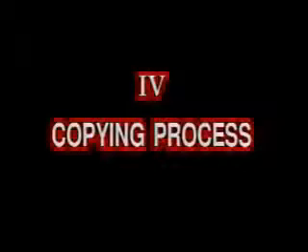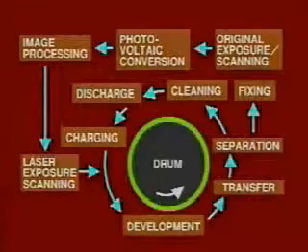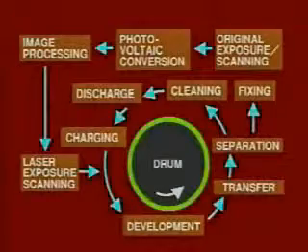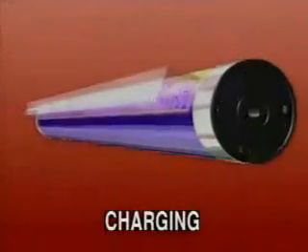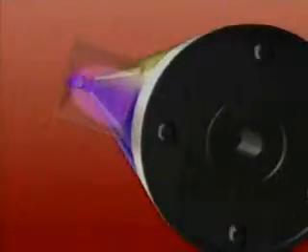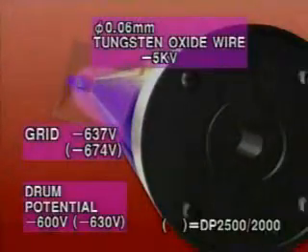Now we will explain about the copying process. The copying process consists of charging, original scanning, image processing, laser exposure scanning, development, transfer guide bias, transfer and separation, fixing, cleaning, and discharge. While charging, the 0.06 millimeter diameter tungsten wire is biased at about -5 kilovolts, and the